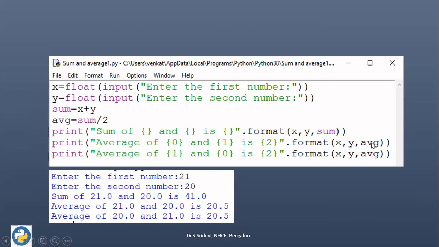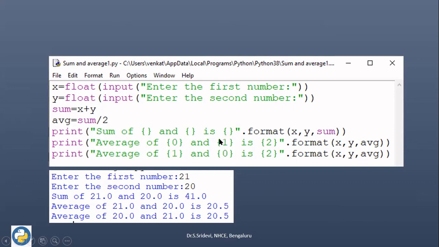So when I print this, now inside the curly brace, I am giving a number. This number is nothing but the index, since I have three arguments in this. The first argument will be treated as 0. The index of the first argument is 0. For the second argument, index is 1. And for the third argument, index is 2. So when I call this function, first it will be considering the argument with 0 index. That is nothing but x. So it is going to print the value of x in the first output. So I am getting the value of x as 21.